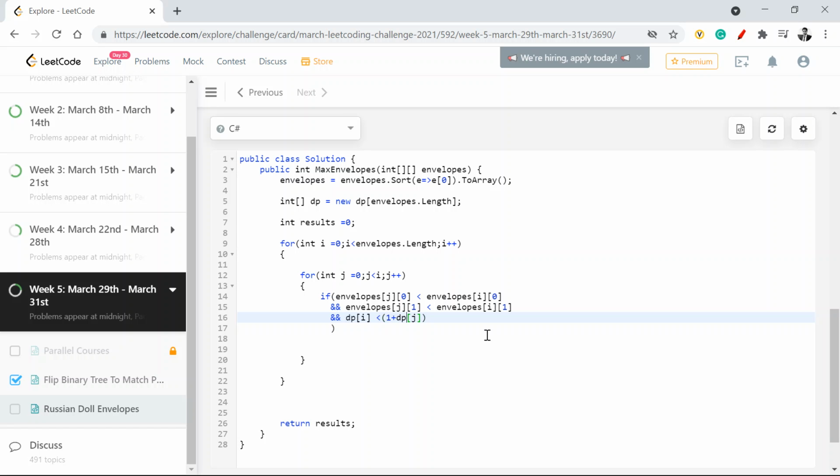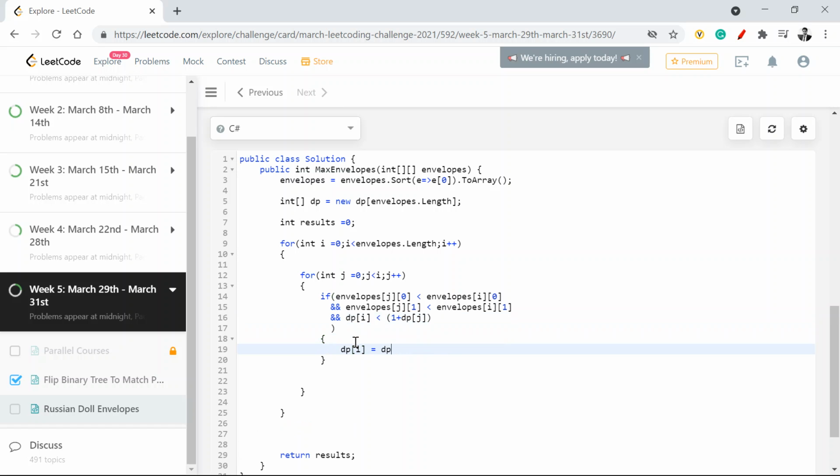Why I'm doing a plus 1 is because if the other two set conditions are satisfied, that means I am already finding a value or an array which is greater than the previous array. So if this turns out to be true, I'll update my dp i with this value. So dp i will be equal to dp j plus 1.